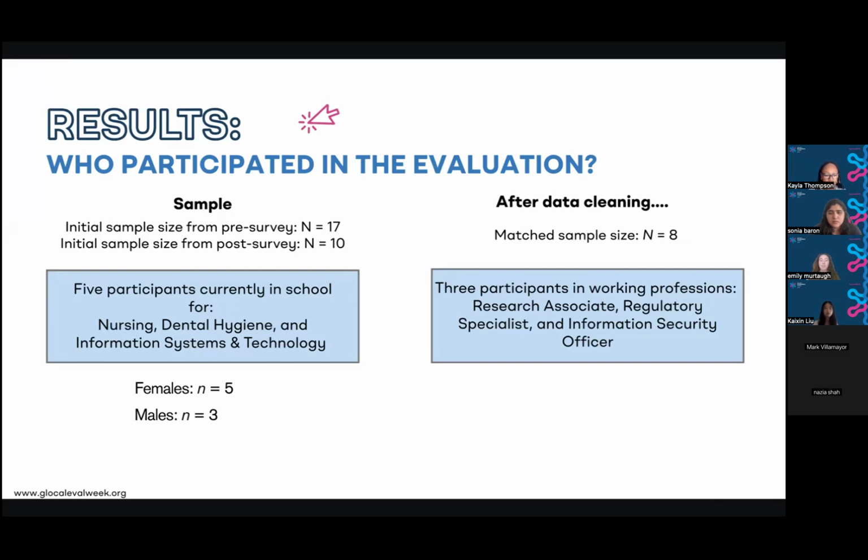After doing some data cleaning, two of those individuals who completed the post-survey indicated that they didn't use TrueNorth. This is really important for us as well, to capture folks who may not have used TrueNorth and to understand why. So in our survey, we integrated some questions to ask a little bit more about why those two individuals didn't use TrueNorth over the 2 weeks, and it was other competing priorities like midterms, or it wasn't a priority to them. So after that data cleaning, our final matched sample size was a total of 8